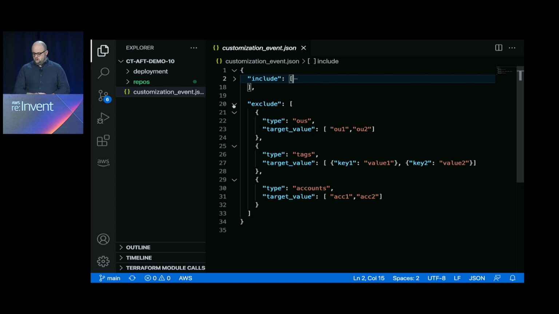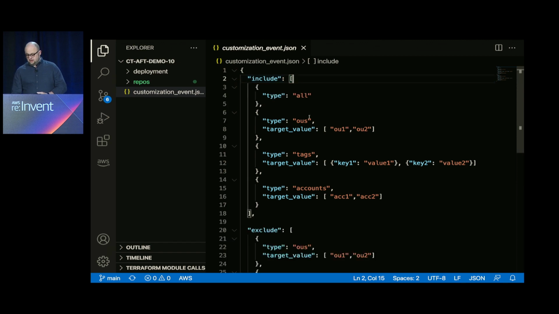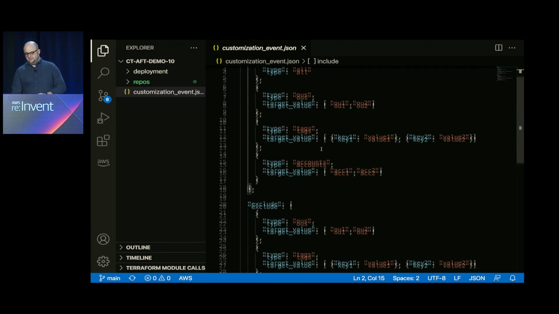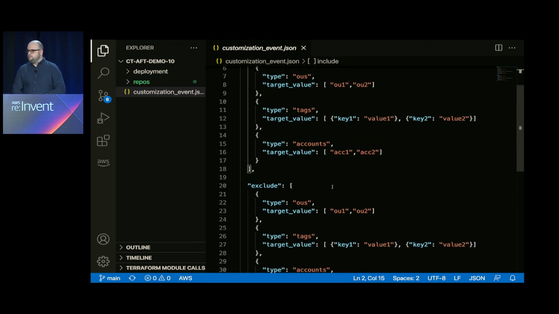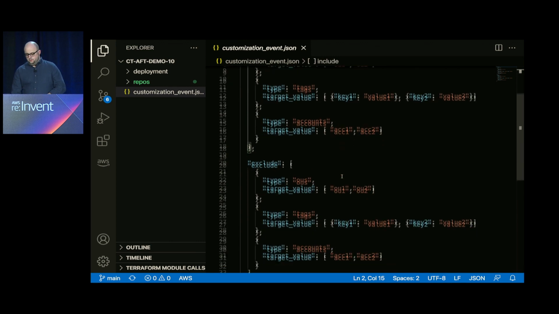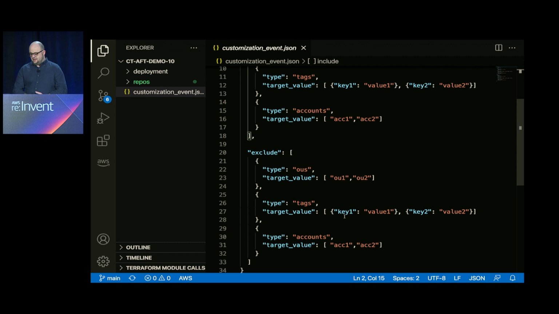Similarly, you can exclude using these same categories. You can exclude based on OU, tags, and accounts. And used together, it's pretty powerful. You can do things like, hey, let's do all accounts, but let's exclude the proto OU. Or perhaps you may want to include the proto OU, but exclude any accounts that have a tag of account type equals network.